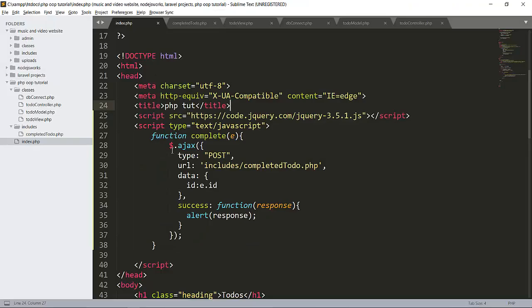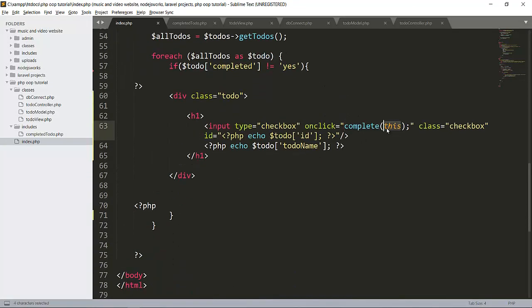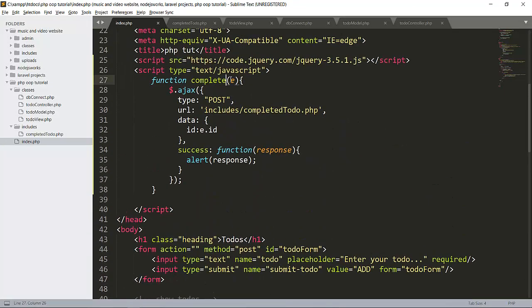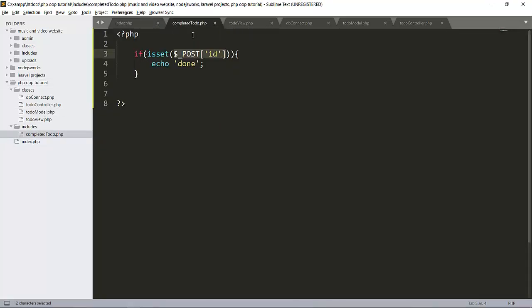Now here I created a function complete. It is the same complete, and the whole input will be passed as the e variable here. Then there will be Ajax. This is the syntax. Type will be post because we want a post request here, and URL will be includes. I created a new file under the PHP OP tutorial, in the folder includes, the file completed to do.